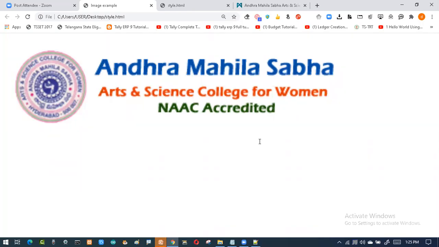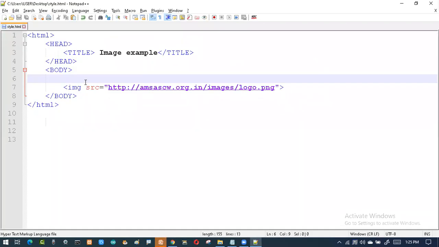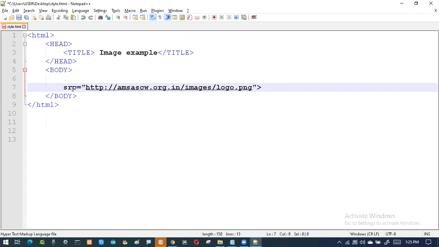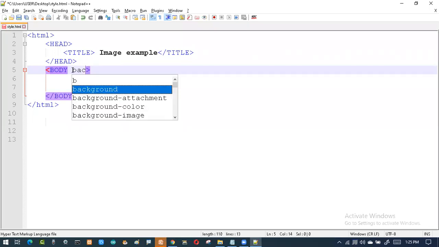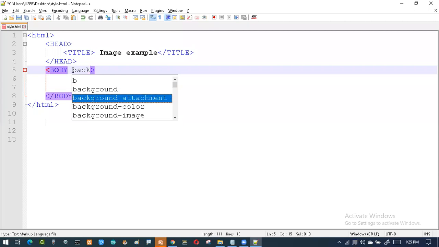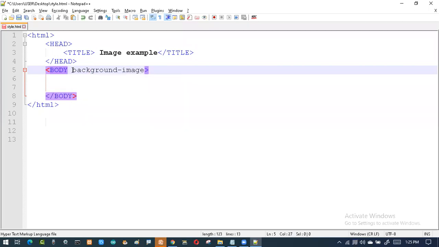So what I'll do here, instead of taking the image, I remove this and I want to apply to my entire body. So here I'll be saying body, background, image, then I'll give the location.